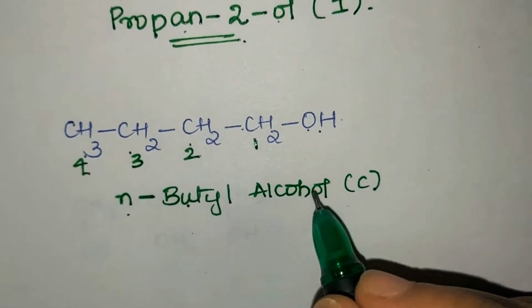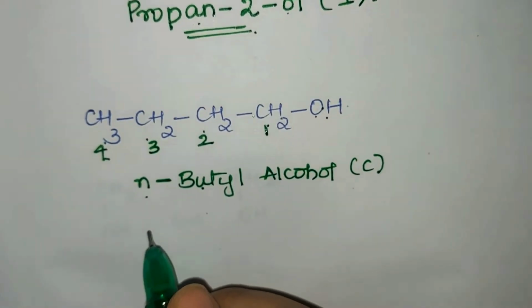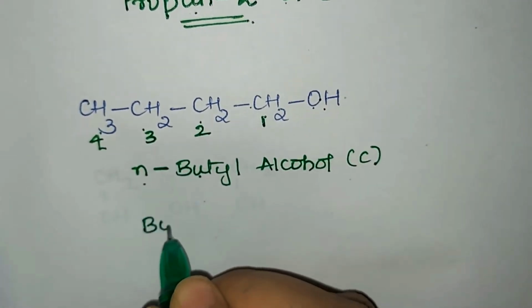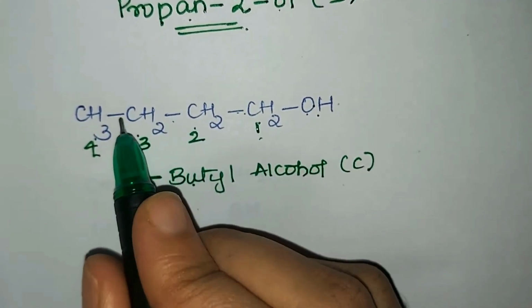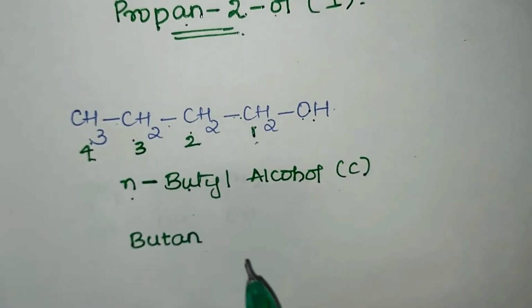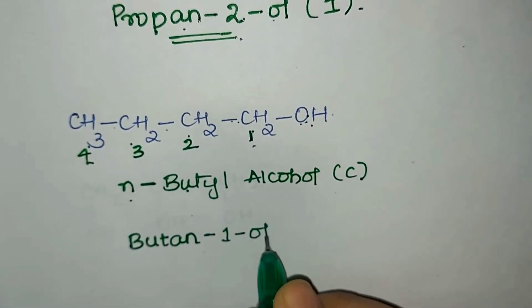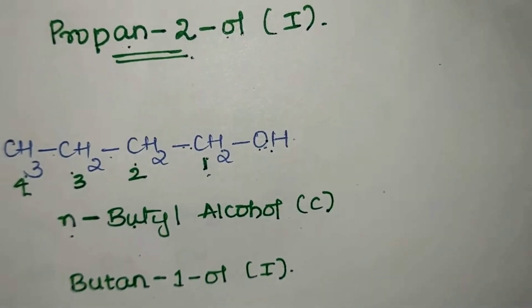We'll write the IUPAC name. Now see, always you have to number the carbon atom with a functional group as 1 if it starts from the beginning. So what will be the IUPAC name? 4 carbon atoms, word root is but, all are singly bonded, hence the suffix is "ane", but the E of an alkane is replaced by "ol". We'll write it as 1-ol. 1 indicates the position of the functional group in the carbon chain.